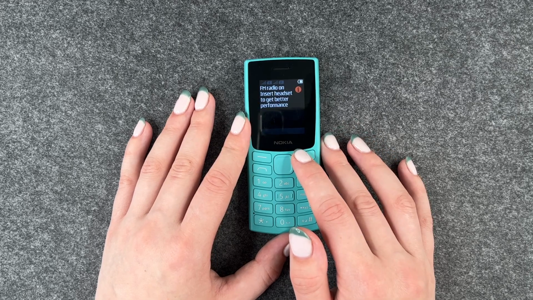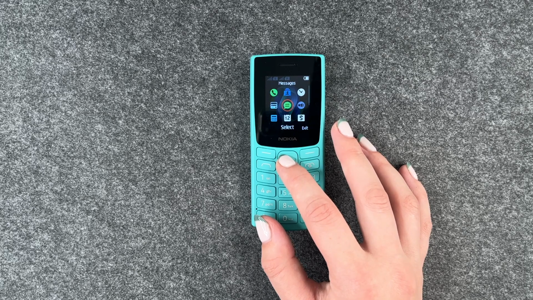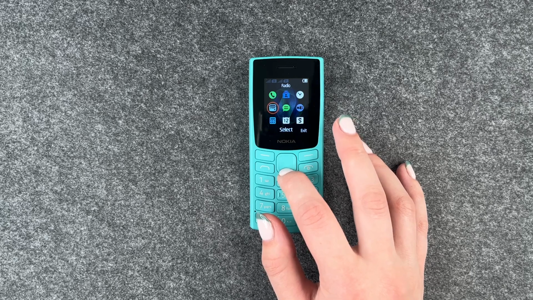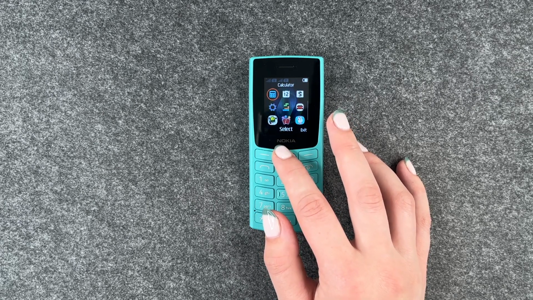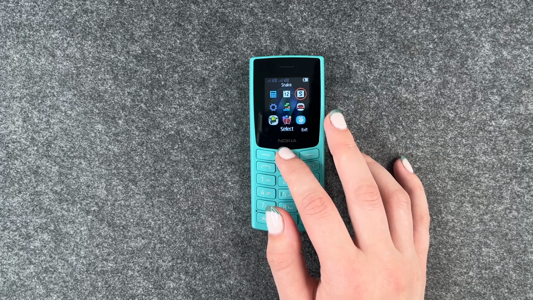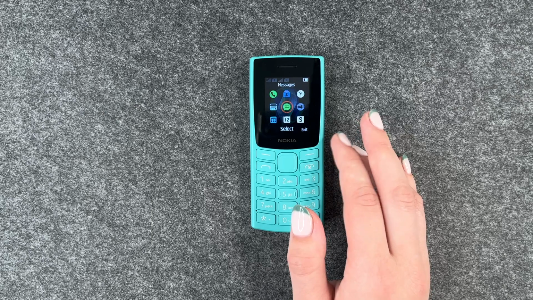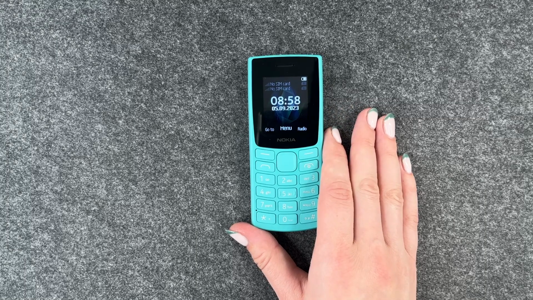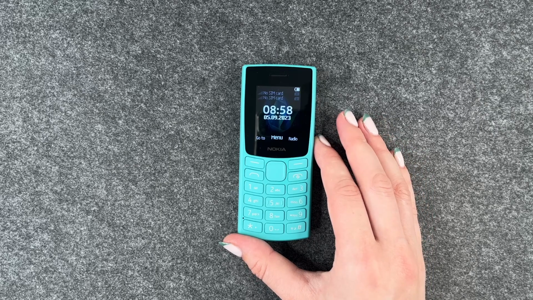And we have the radio here, so we have the FM radio. Then we also have our menu here. We have contacts, call logs, radio, calculator, we have settings, and some games. Then we also have our calendar, we have Snake, we have a flashlight, an alarm, and what do we have here? Messages. Alright, so those were the first steps, I guess, on this really nice little thing, the Nokia 105,